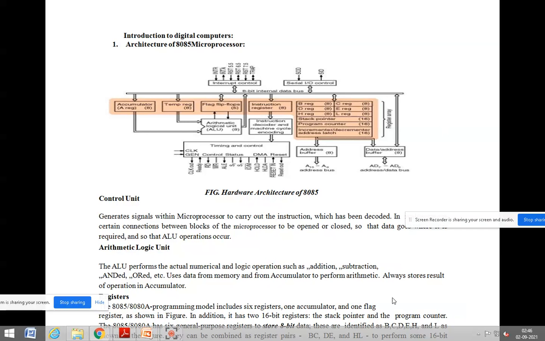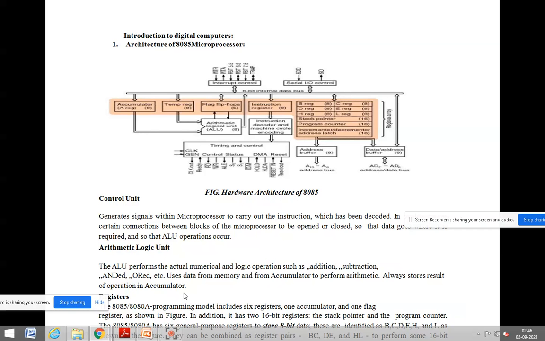So registers. It includes six registers, one accumulator, and one more flag register. In addition to that, it has two 16-bit registers, that is the stack pointer and program counter. So two 16-bit registers are available.